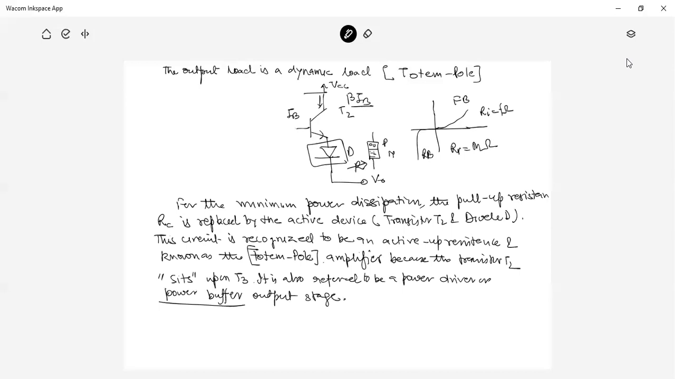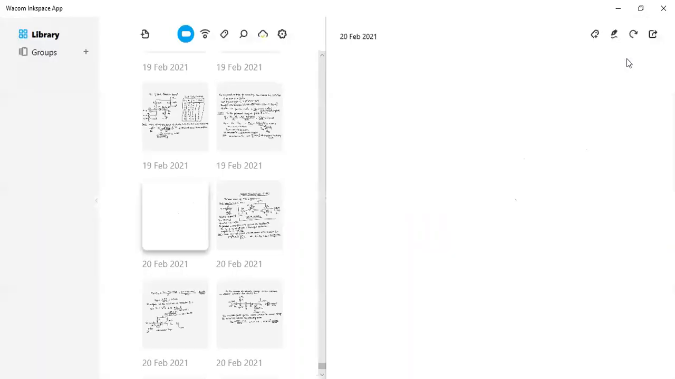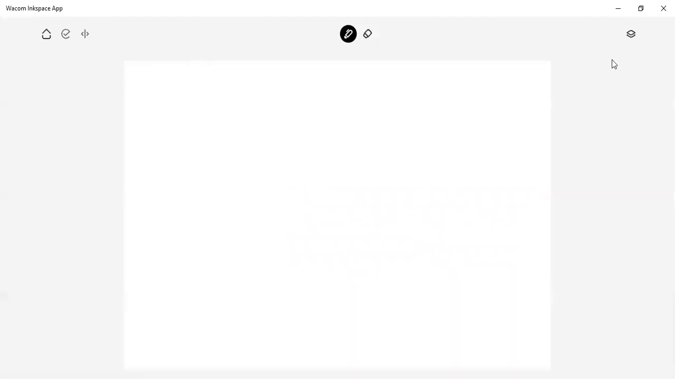So these are the importance of TTL over the different types of circuits. And if we compare all these three circuits, so this is RTL, DTL, and TTL. So the first is the basic gate